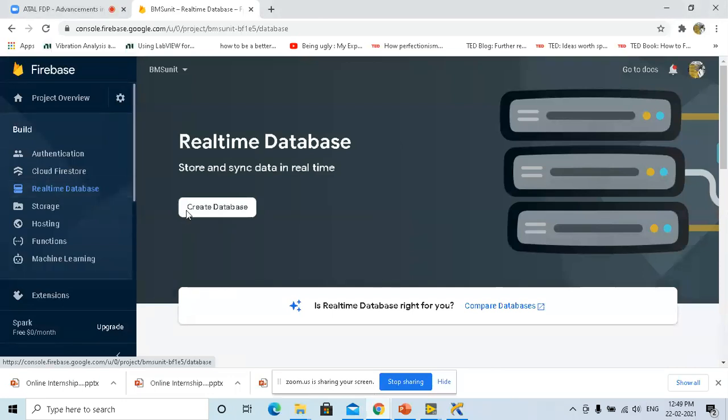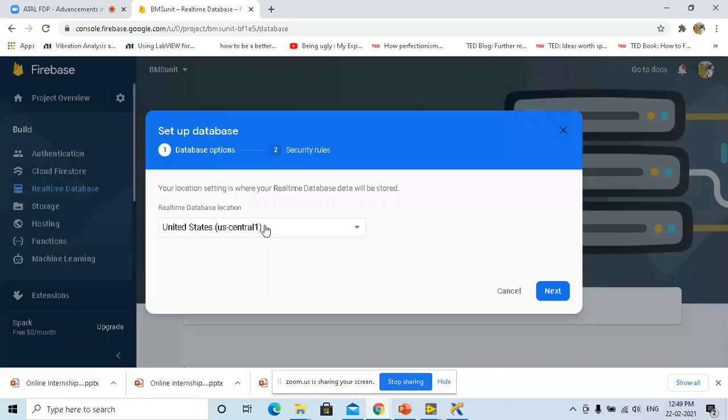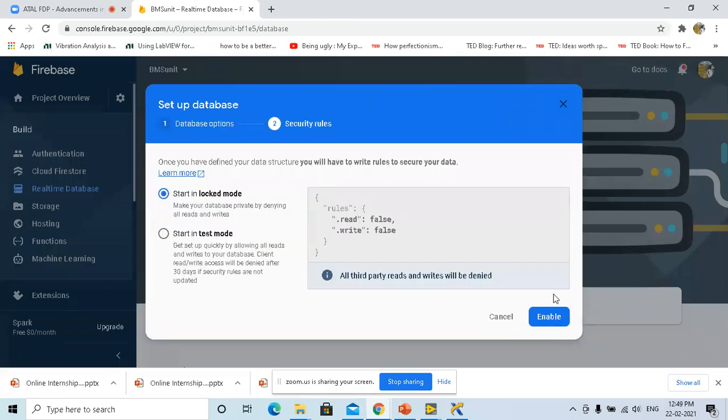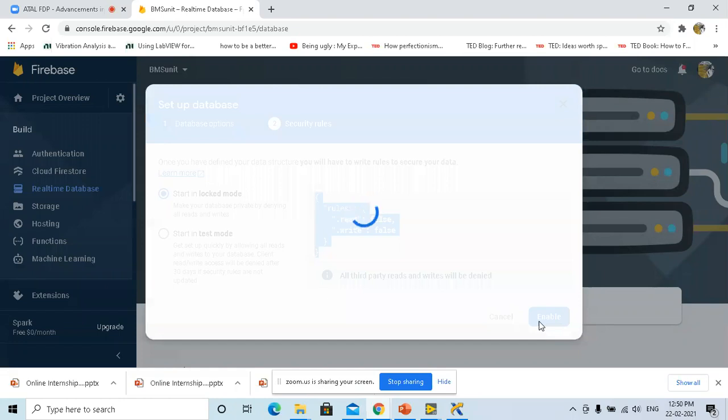So that database needs to be created. I'll set it as US only, and I'll give it test mode first.